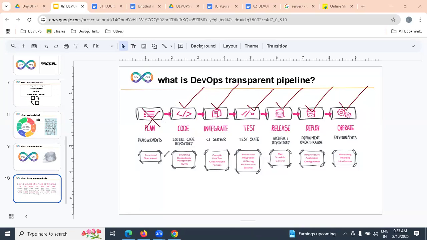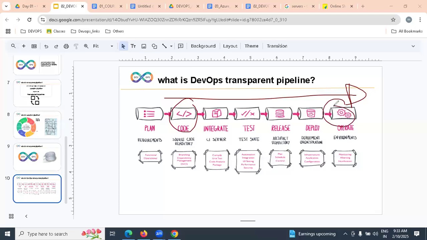Frankly, we are not doing anything on planning. We're not writing code. We are not writing test cases. What we are going to do is implement an automated DevOps transparent pipeline from the dev environment to operations.